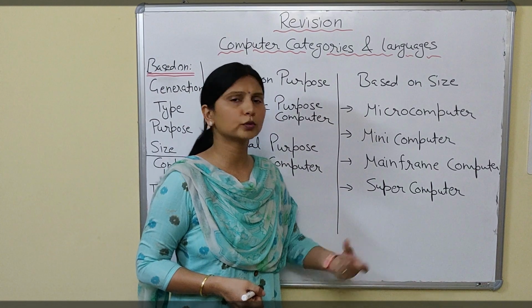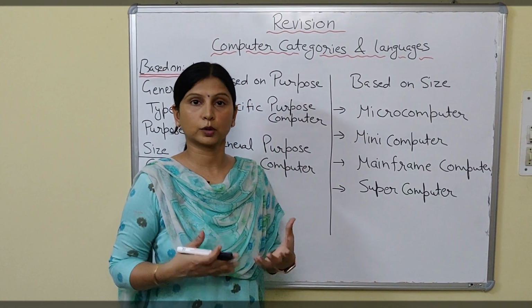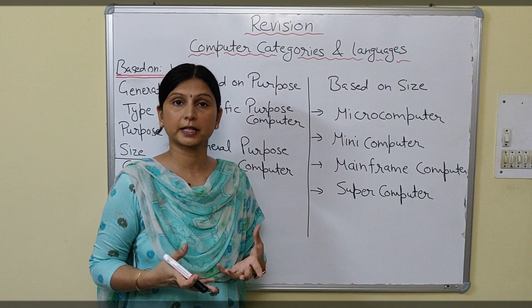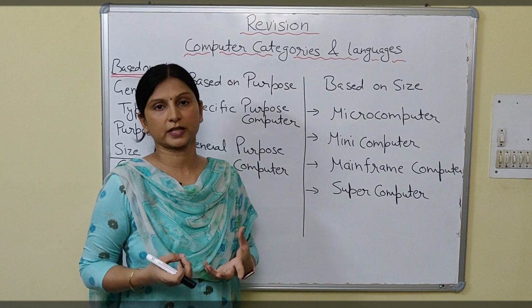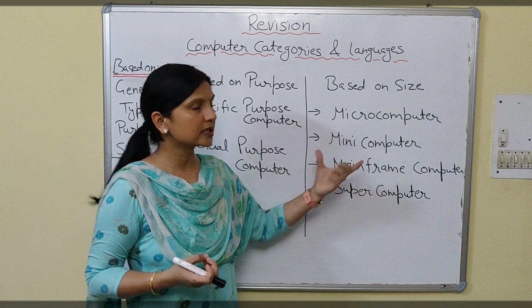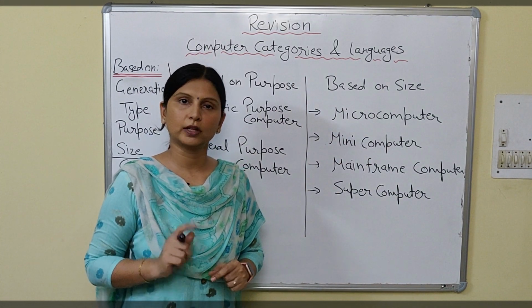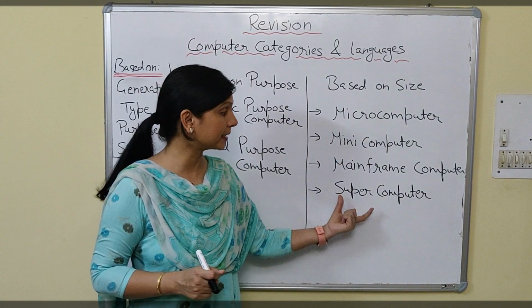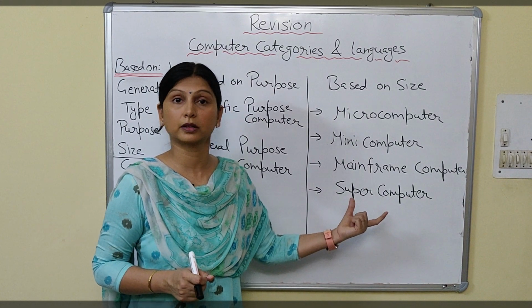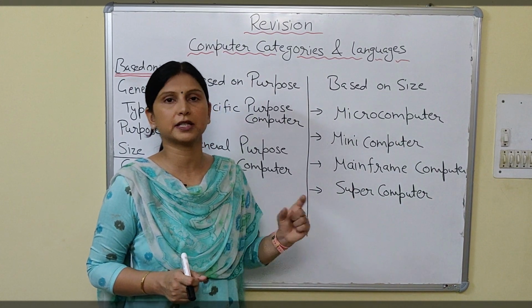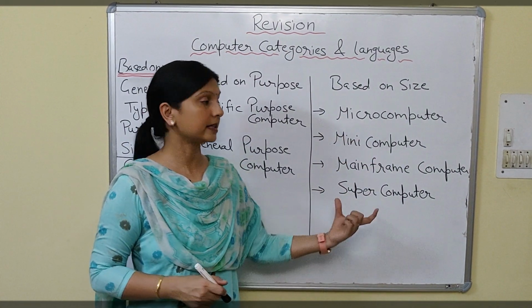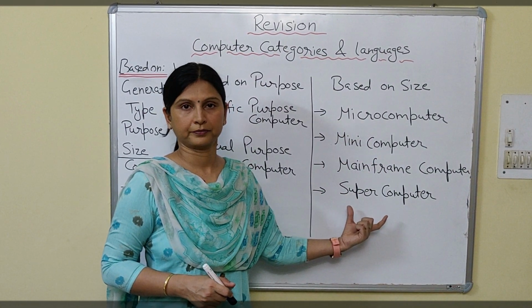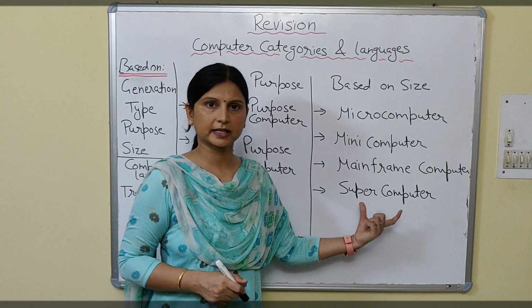And why are supercomputers most powerful? What is the feature in supercomputer which makes it more powerful? That feature is that it is multiprocessor. See, all the other computers are single processor. They have only one processor, but this is multiprocessor. So many processors work in parallel. So processing speed is very large as compared to the other computers. This makes it more powerful. Fine. I hope the difference is clear.